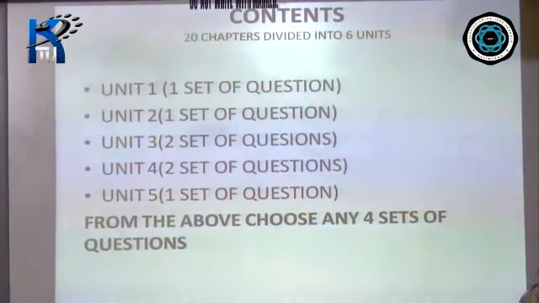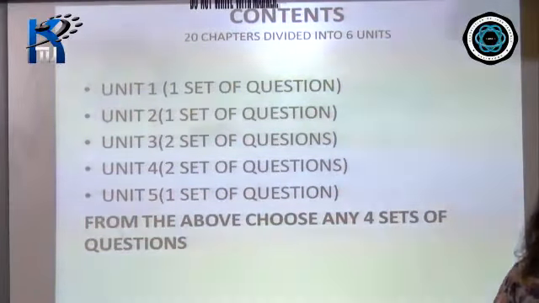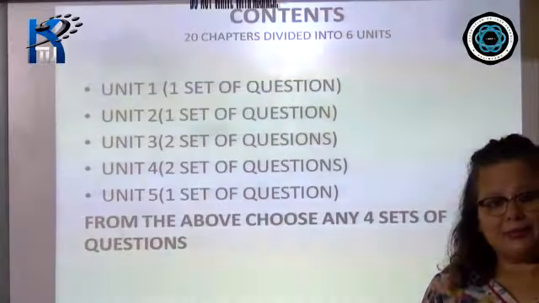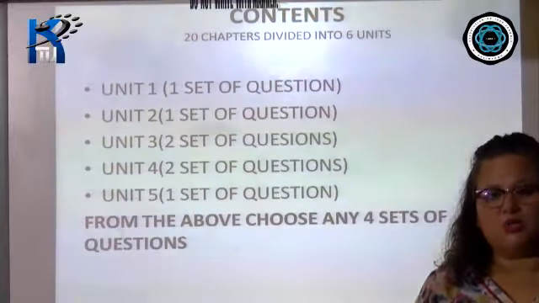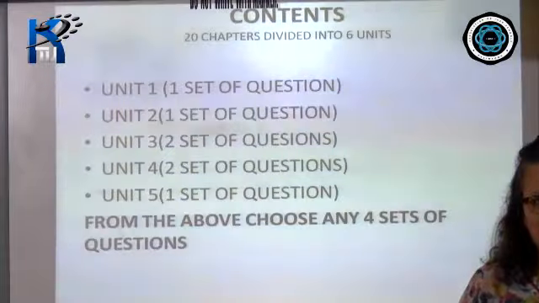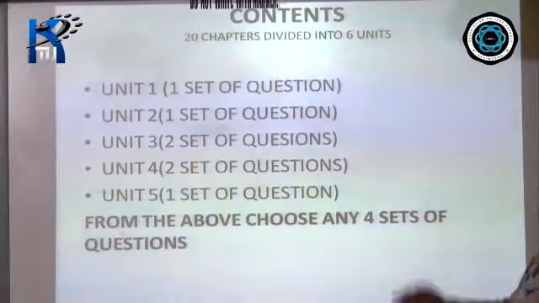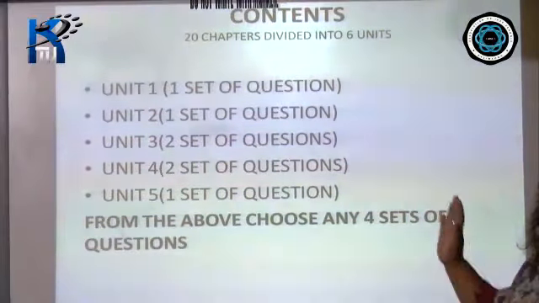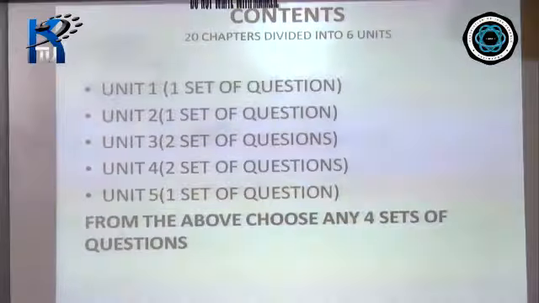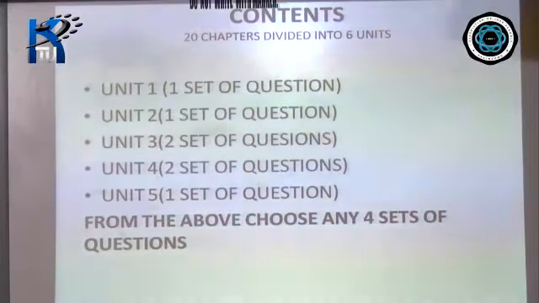First of all, in geography there's no choice in the sense that all the 20 chapters are important, because when you're attempting the compulsory part, the 20 marks objective questions, you will get the questions from the entire syllabus. But in part 2, the second part of your question paper, you have a choice, because altogether you'll be getting 7 sets of questions, and from the 7 sets you have to choose any 4. In this you have a choice.